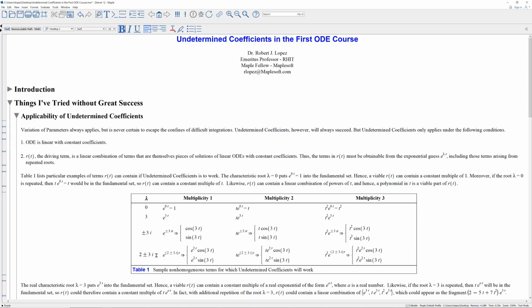And if you have a full complex number like 2 plus 3i, then you will have solutions of the form e to the 2t cos 3t, e to the 2t sine 3t. And with multiplicity 2, you'll have a t out front of that, so you get a t here and a t here. And if the multiplicity is 3, you're going to get a t squared. So you have a t squared e to the 2t cos and t squared e to the 2t sine. And then I would go through